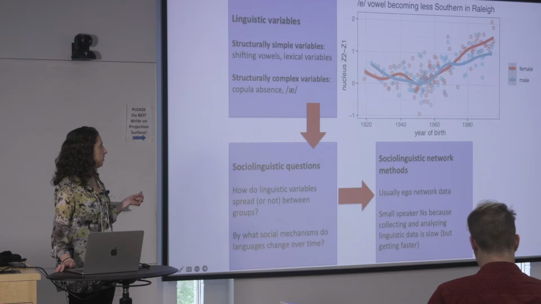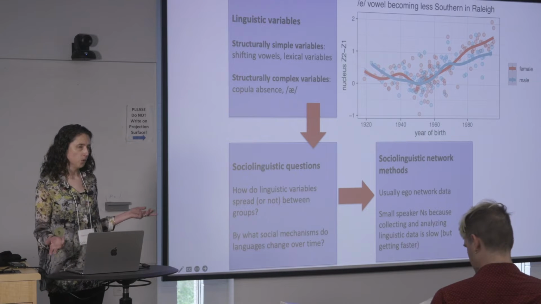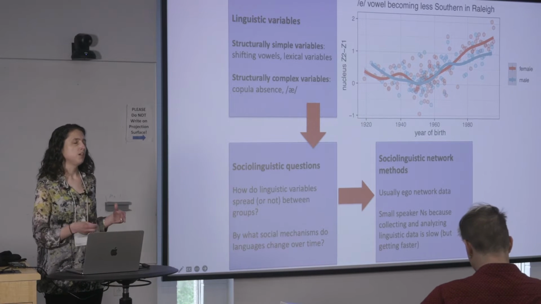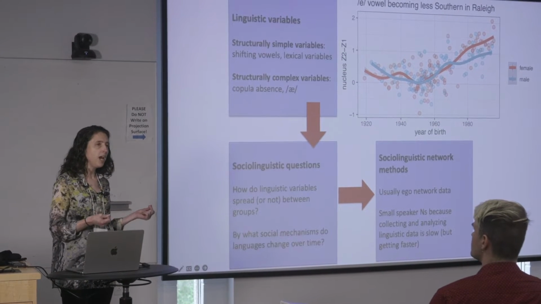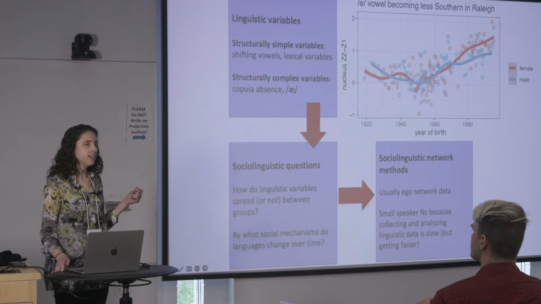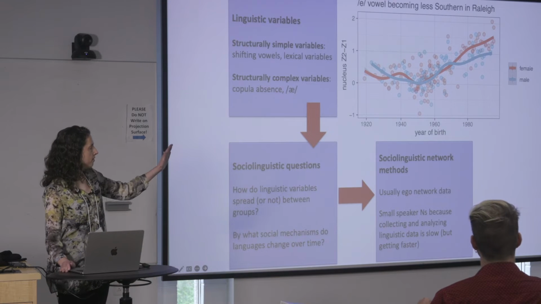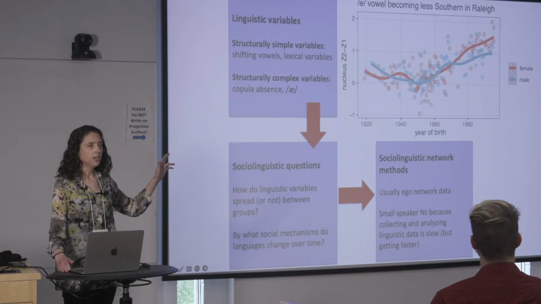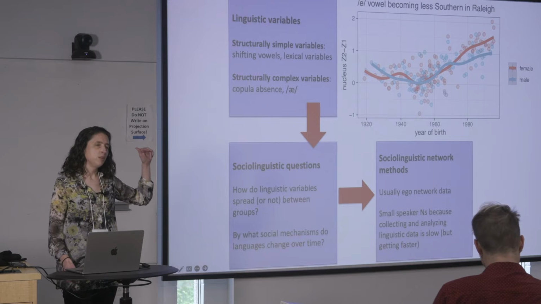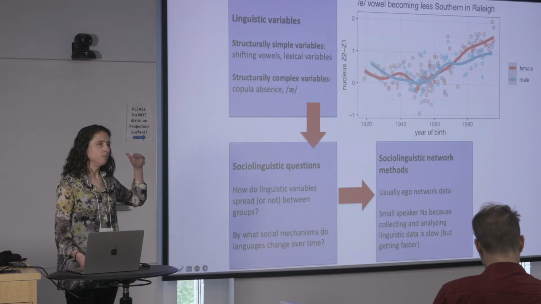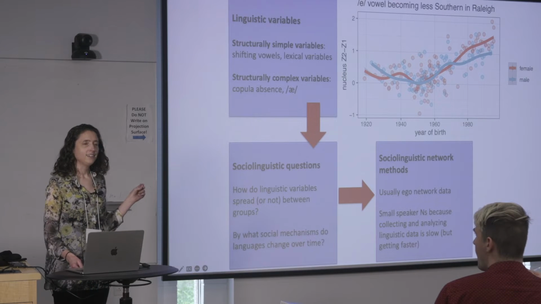And what you see in this graph here on the left is older people in the city of Raleigh, North Carolina, who, by virtue of their age, use a kind of southern dialect. And so they pronounce the sound A like I, like tyke, stite, hi, right? And then as you go to the right on the graph, you get younger and younger people, and they, over time, pronounce the sound in a less southern way, like instead of hi, stite, tyke, they say it more like hey, state, take.